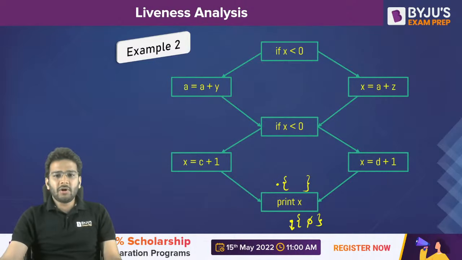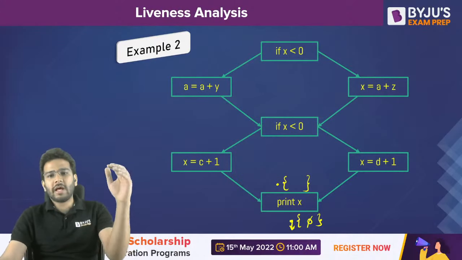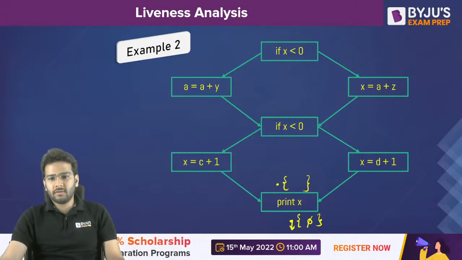Because after that we are not having anything now. So we consider it 5. That means nothing is there. No live variable is present because that is the end of the program. After that we are having nothing. That's an empty set, you can say. Is it clear, Nishu? Because according to this one, that is the end of the program. So after that, there is nothing that is live.